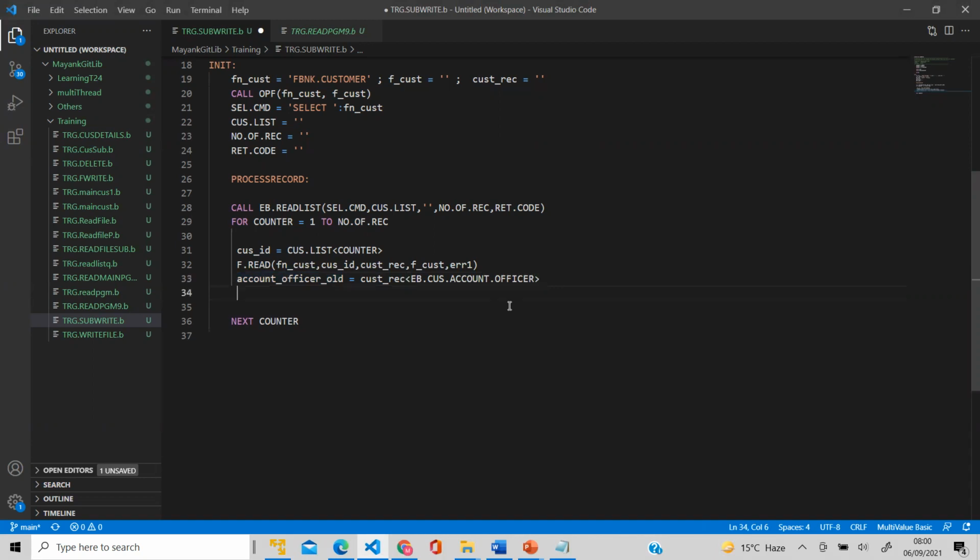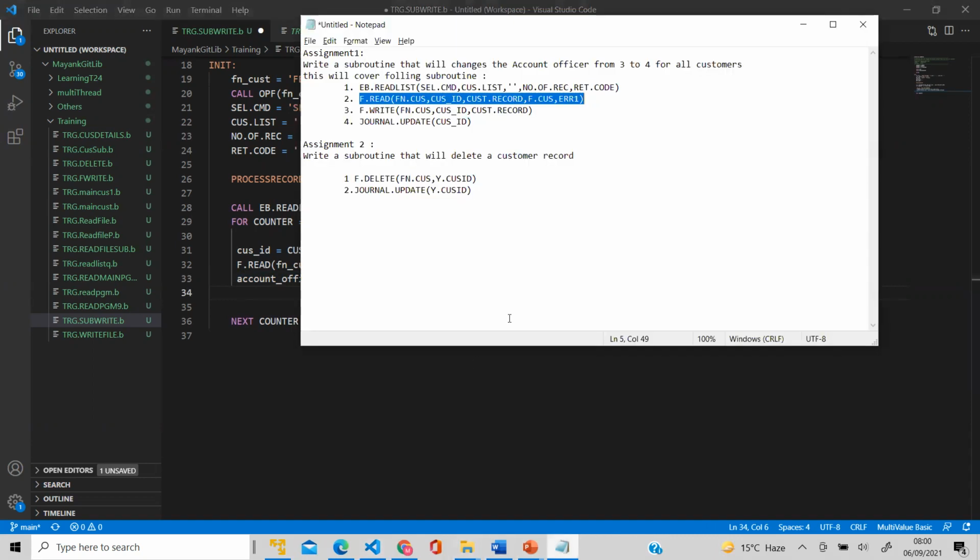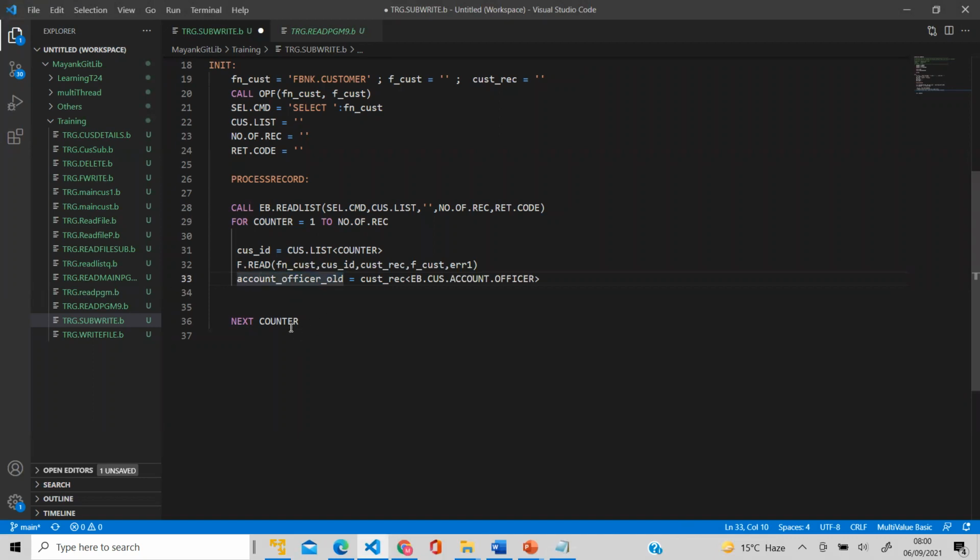So what we can do here, we will check whether account officer old is 3 or not, because our assignment is to change 3 to 4. So we'll check whether we have 3 value here or not. So if this, sorry, control J. I'm just taking this hold. I will have to check. We should have 3. If account officer is 3,